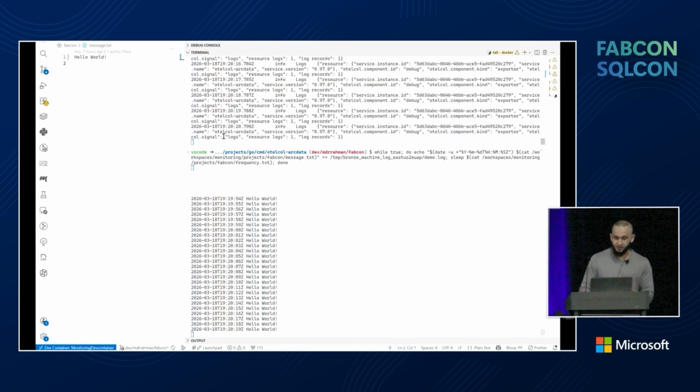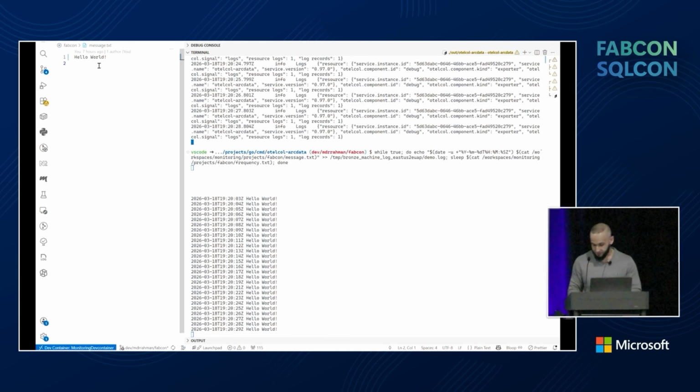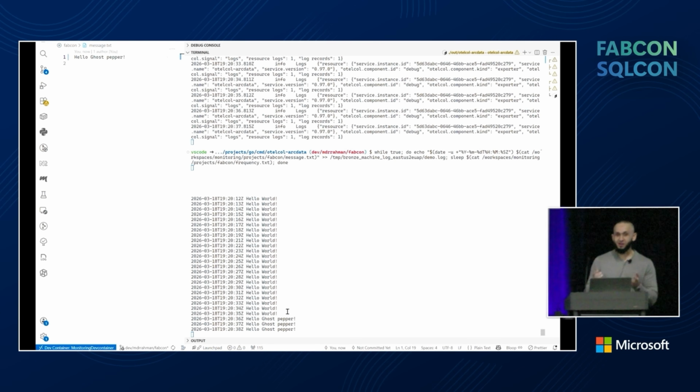So the way the setup works, at the top of the screen, I apologize, it's a little bit hard to see, this is the OpenTelemetry collector. And I basically have it reading from this file. So for example, I will just put in hello ghost pepper. Oh, that's so funny. And basically what's happening is this log is now being sent via the OpenTelemetry collector into